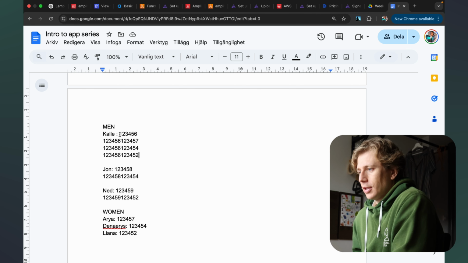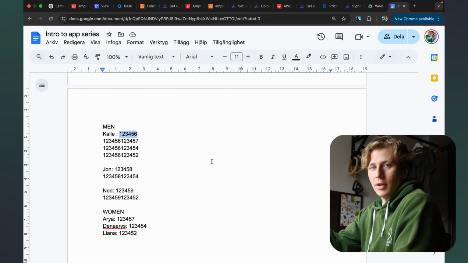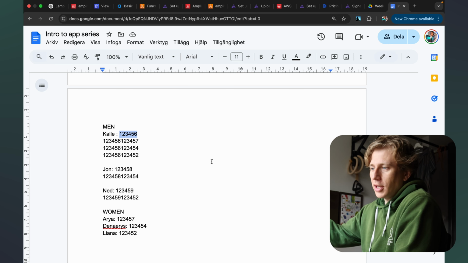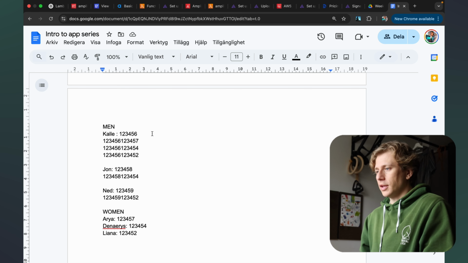But I think what we need is this to be a relational thing. So there needs to be a relationship with my user ID, because we want to easily be able to query the database based on my user ID and just get my list. So really what we want in the database, I think, is going to be